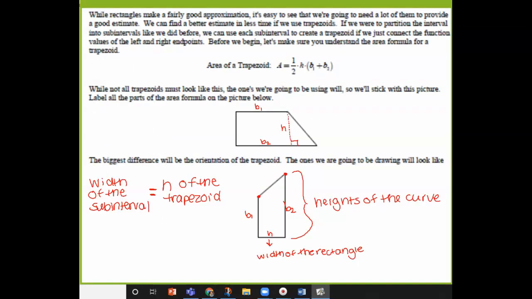So the M, L, and R RAMs all relate to rectangles. So think of RAM and rectangle. And while most rectangles are good approximations, there are times when a trapezoid will be a better approximation because it can kind of account for that triangular curved region. So if you think about a trapezoid turned on its side, where its height would be our base or width of our rectangle, aka our dx,